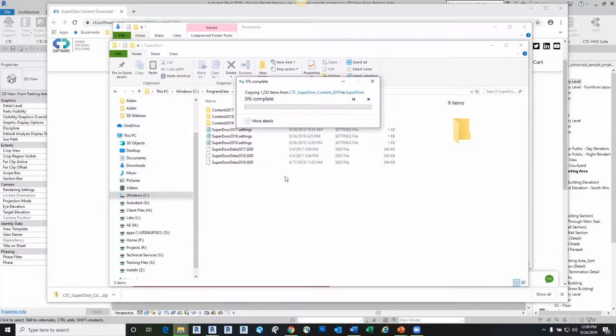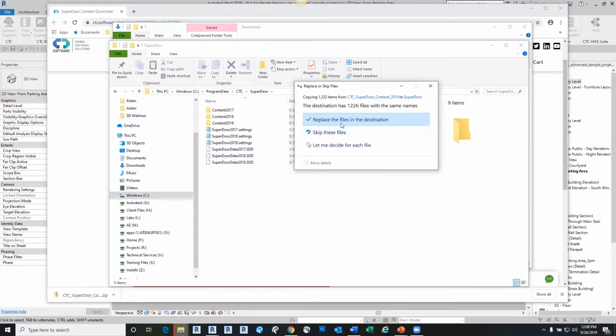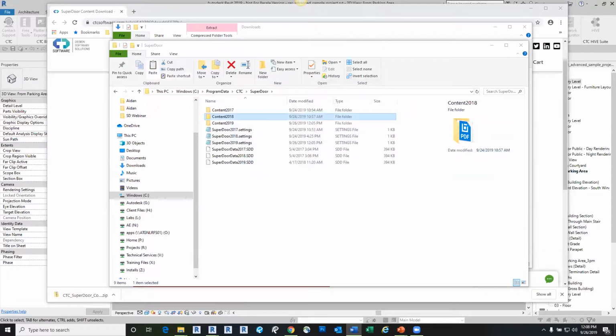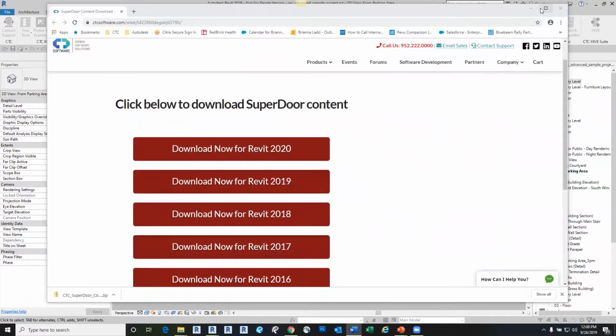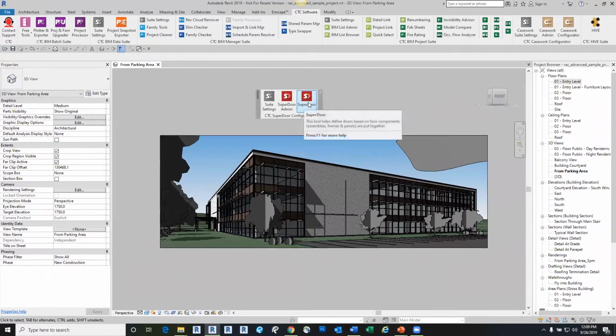Again, when I opened up the admin, it created those 3 folders, the contents folder and those 2 other settings folders. So it does recognize that, and it says that I already have them there. I'm just going to go ahead and replace the files in this destination because I want that content folder to contain my content and subfolders within there. Now if I close down the Superdoor admin and open it back up,